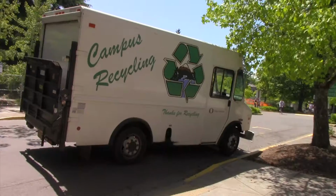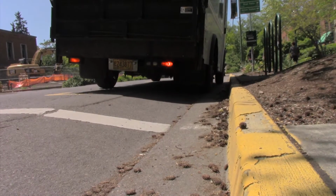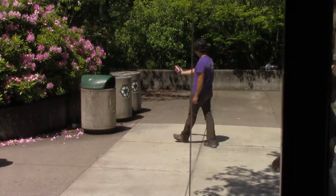Man, I never knew that the zero waste did so much around here. I know, right? But there are still more opportunities to divert waste from our landfills. Speaking of...